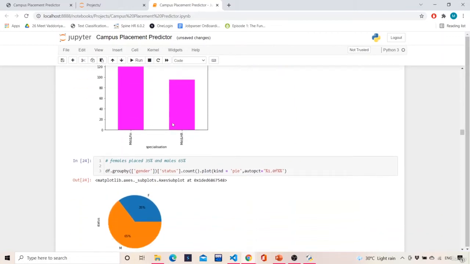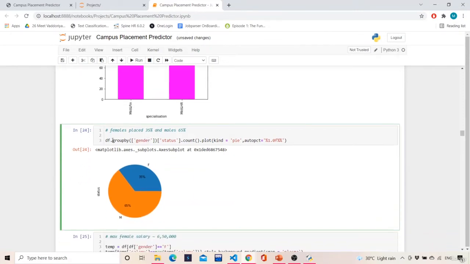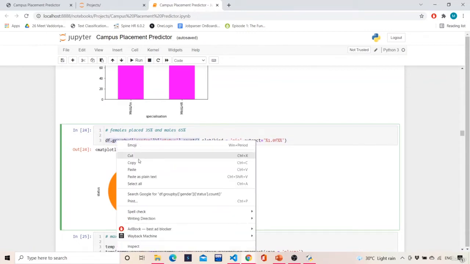Now what we will do is we will look at the percentage of females, because nowadays there is more focus on female education and all. There are too many jobs which are open especially for females also, right? So our main aim is to get the female count. So now, instead of a bar plot, we will try to get the stats.